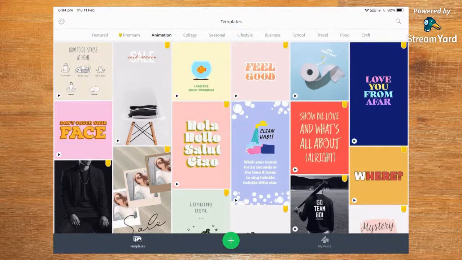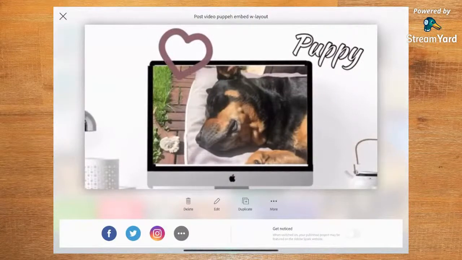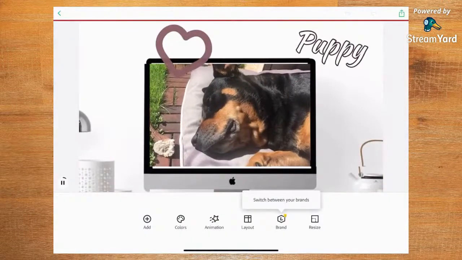So to get started, I'm going to go to my posts, and I'll just show you the examples of ones that I created earlier. So I've got the one on the top right-hand corner you can see of my dog, my puppy dog. He is a very good boy and is actually sitting next to me, so he might get a surprise cameo, especially if he decides to bark. Now, what I did was I created a short little video of him, and I embedded that inside a frame of a computer monitor. So if I was to open that,